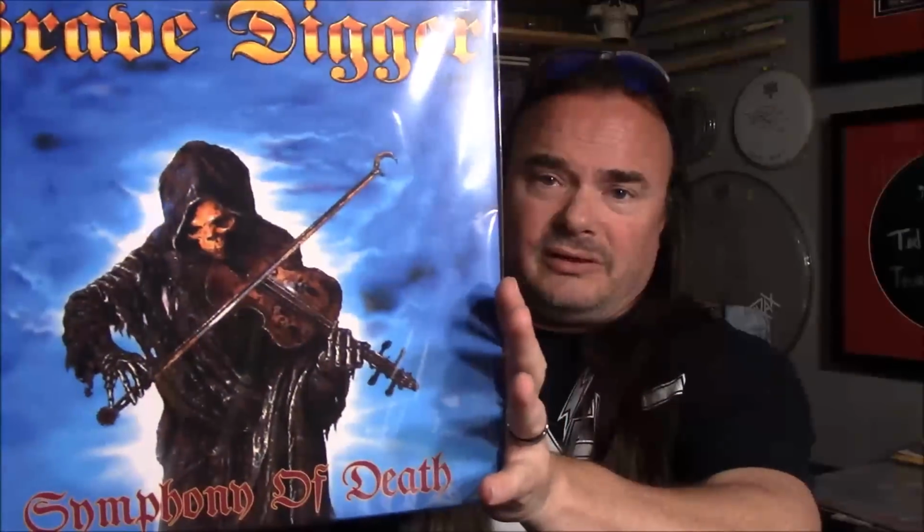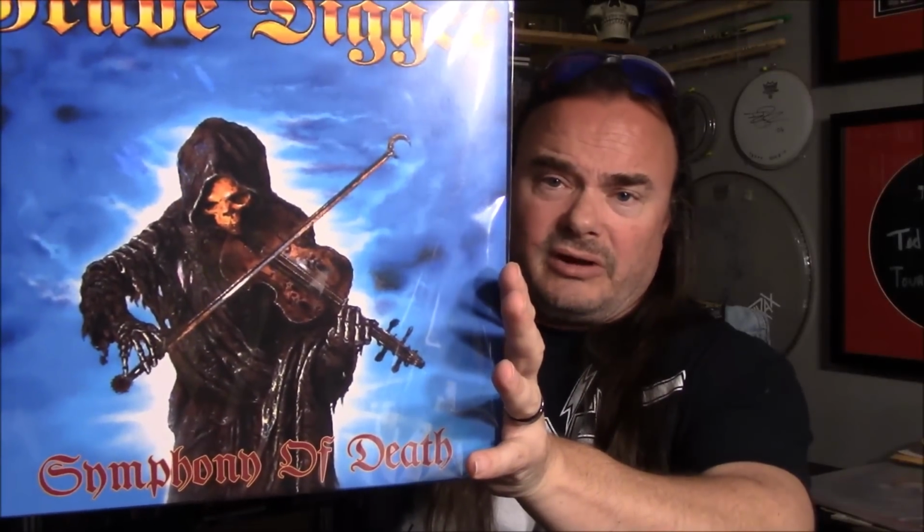I do like the fact that whoever did the graphics on this tried to clean it up by refreshing the logo and refreshing the type. That's obviously new type on the bottom. It's not scan type, but yeah, the image of the Gravedigger playing the violin there is definitely very rough. But otherwise, a cool reissue. Along with that one,